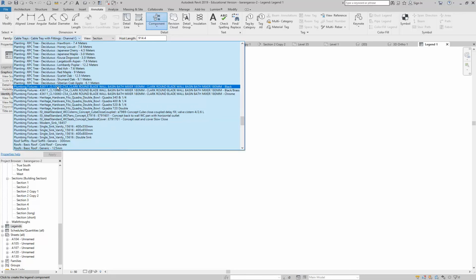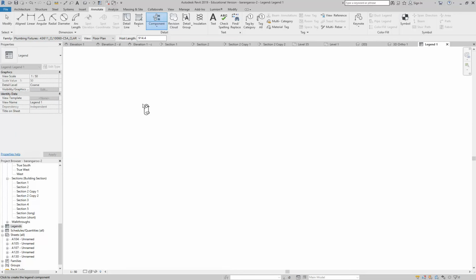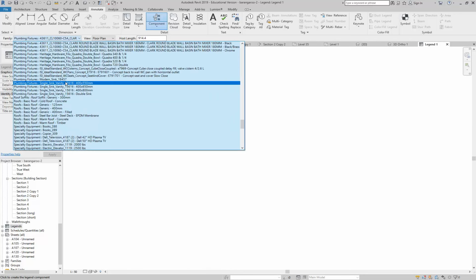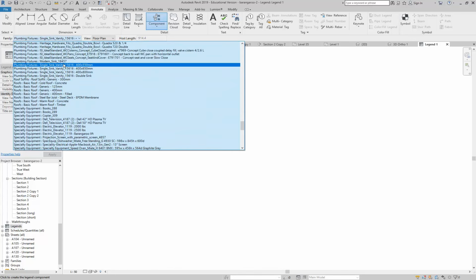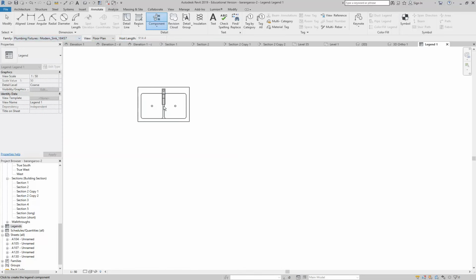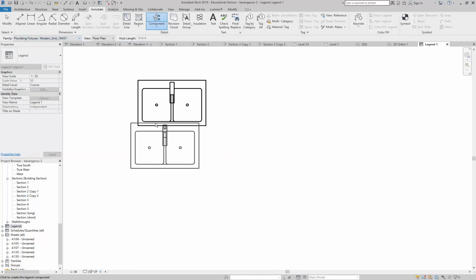I've forgotten what they're called, but that should be one. Oh, that's a basin. Well, it's still a basin. Oh, that's a component of a basin, so I don't care about that. Let's get a full basin. Here, this will do. That's got the vanity, we don't need that. We just want the... Yeah, there we go, there's a basin. And,